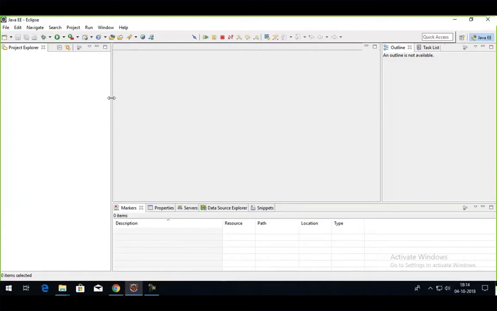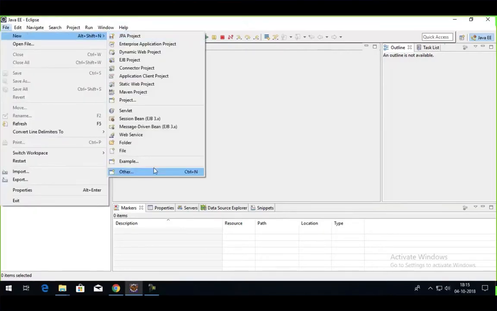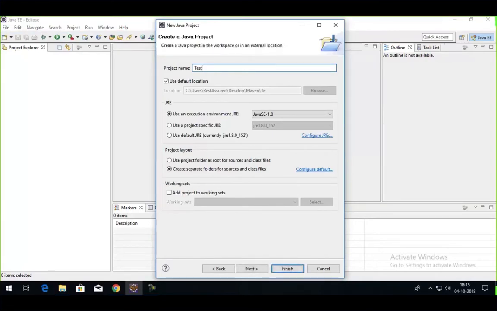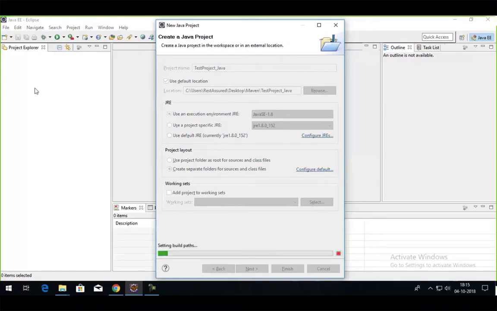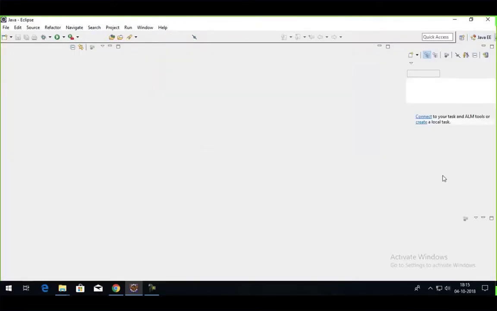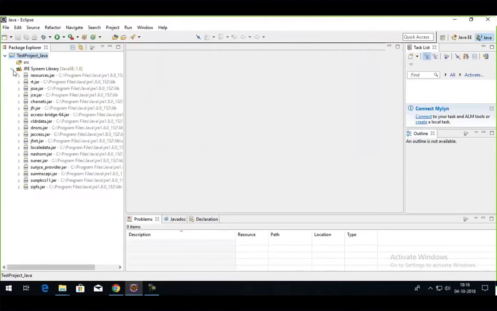From this itself, it will be clear to you why we are actually using a Maven project. So what I have to do is go to File and create a new Java project. Here is Java, click on Java project. I'll name it, let's say, test project Java. This is the name I gave it. Within this project, if I open it, you see in the section JRE System Library, I already have these jars. These are added by default by Java when you create a Java project.